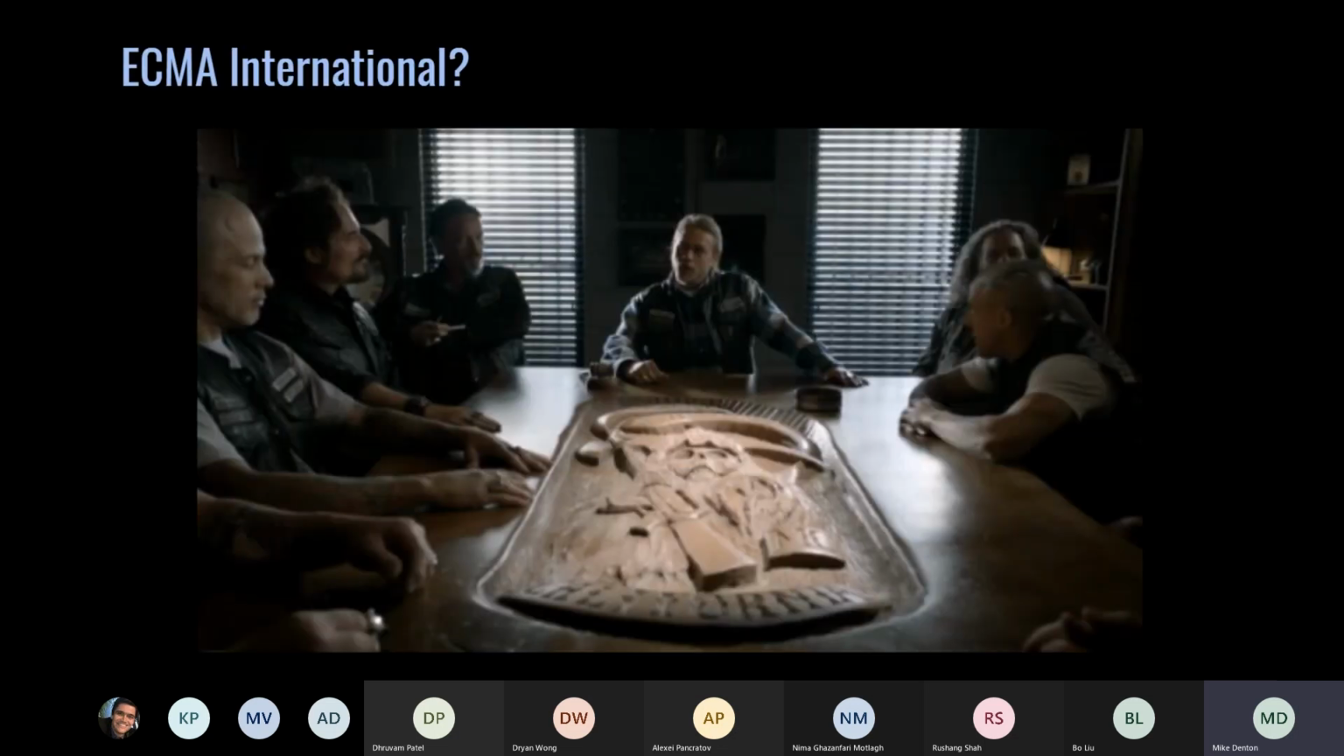standardizations, no doubt. Sometimes I think ECMA International might look like this, where they sit around a table. I hope it doesn't look like this, right? Because there would be certainly consequences to going against the schema, I guess, of the